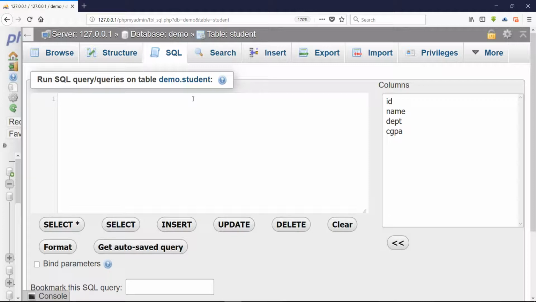The SELECT statement is used to select data from a database. The data returned is stored in a result table called the result set. So the basic select syntax will be